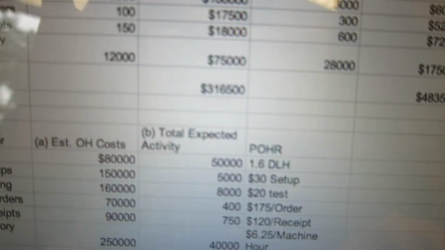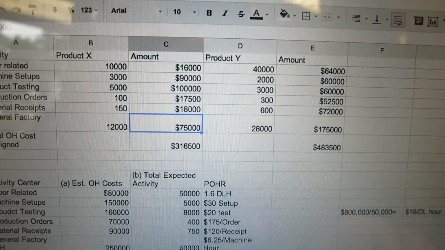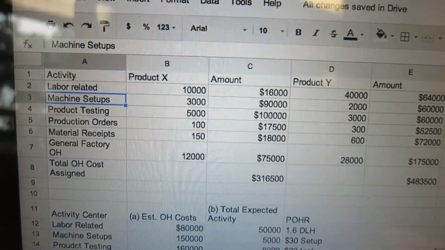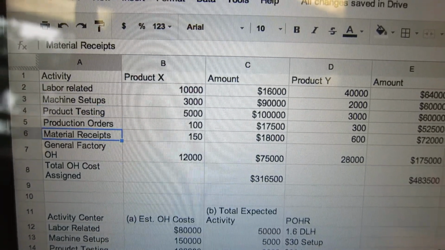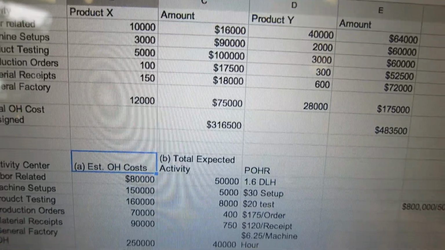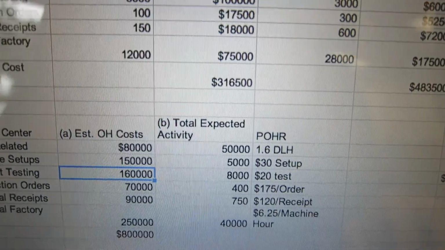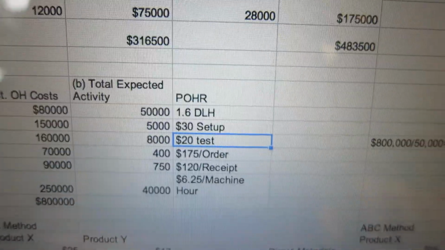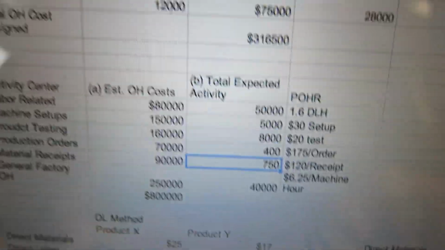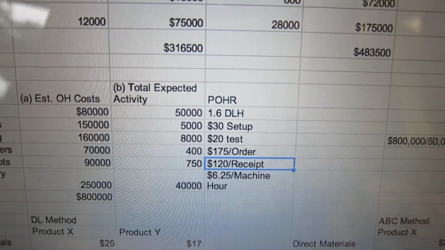And we get this by, where are we? Let's see. By looking at the costs of the activity centers and comparing them to each other. By dividing the estimated overhead cost by the total expected activity, we get a number of direct labor hours set up. So we get that cost per unit, and you multiply these numbers right here